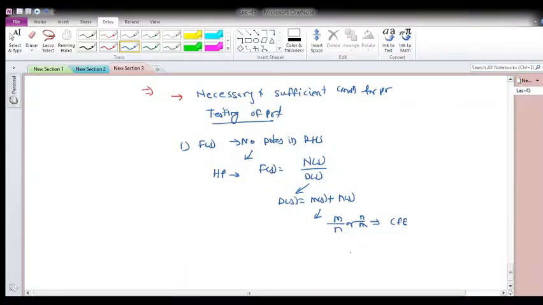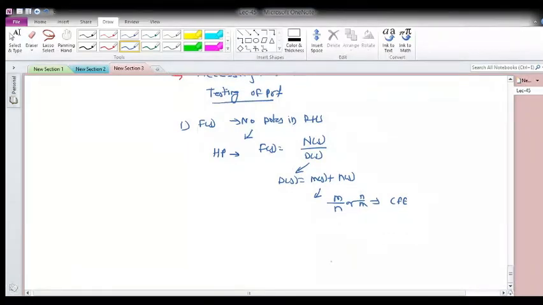If it terminates prematurely, then you check the divisor whether there is any missing term or not. If there is a missing term, again this is not a Hurwitz polynomial. If there is no missing term, then that is a Hurwitz polynomial, but you can say there will be a pole on the imaginary axis. This is the first test.